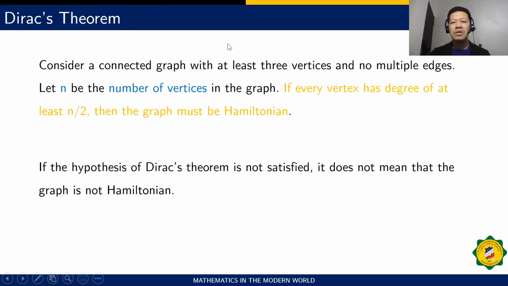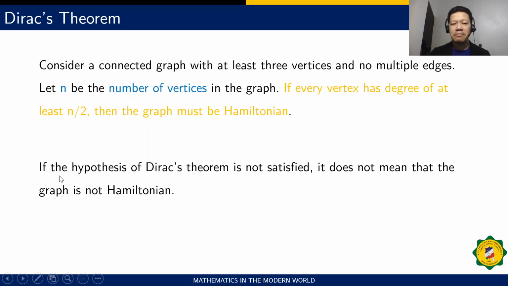Now, how to determine whether a graph is actually Hamiltonian or not? We have here a theorem, Dirac's theorem. Consider a connected graph with at least 3 vertices and no multiple edges. Let n be the number of vertices in the graph. If every vertex has a degree of at least n over 2, then the graph must be